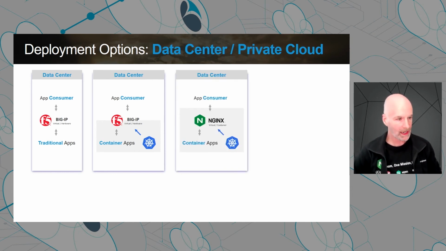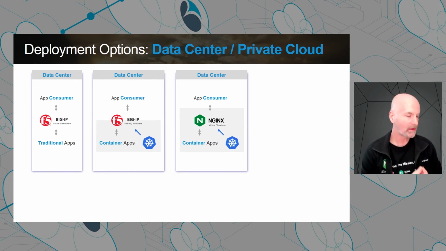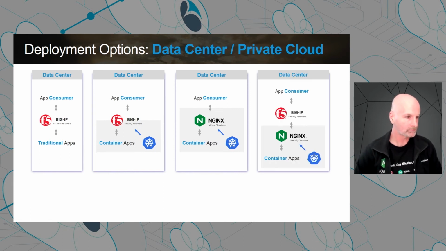We also have the ability to run Nginx wholly within the container environment. I mentioned earlier that Nginx has a tiny footprint, just 2 megabytes in size. Along with F5's security capabilities that are now leveraged through Nginx App Protect, you can run all of this within a container environment. And for the best of both worlds, we've got a new capability that we call Ingress Link,